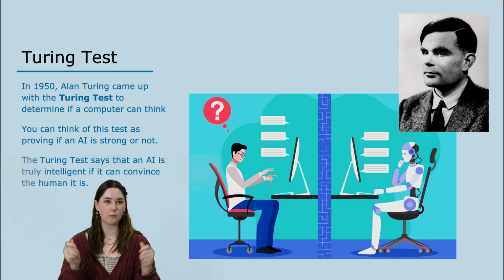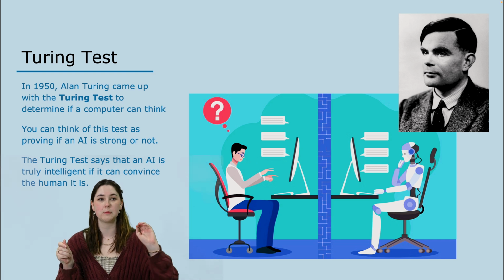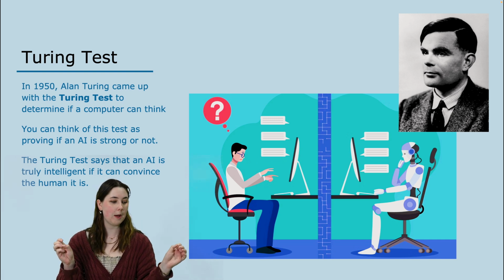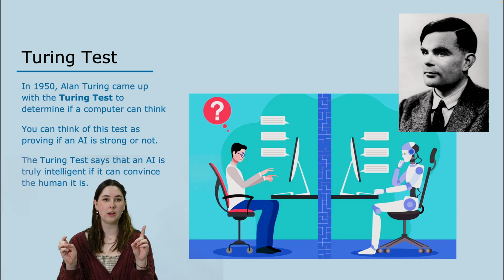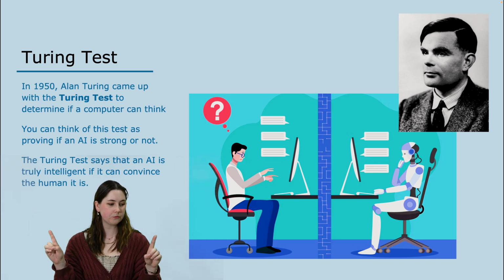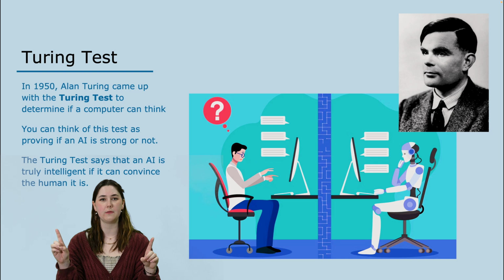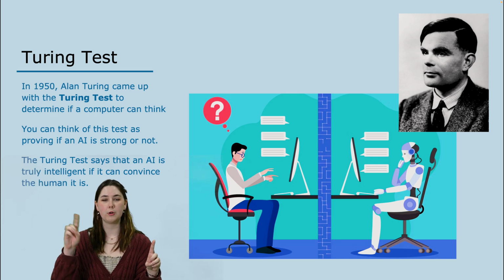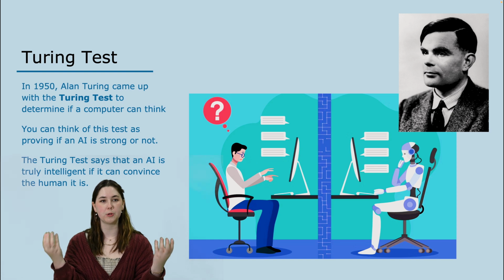And he's like, okay, we'll set up this test. It's based on this game show called The Imitation Game, in which we've got a human interrogator and we have a robot or an AI or a computer on the other end. And the interrogator will receive a response from a robot and from a human, and they have to determine which one is the human response and which one is the robot response.